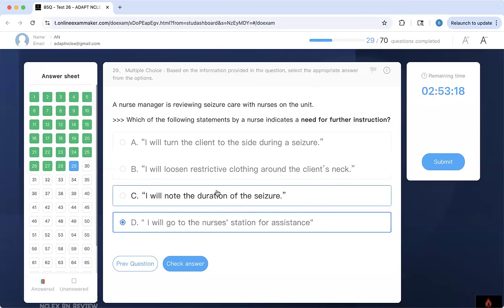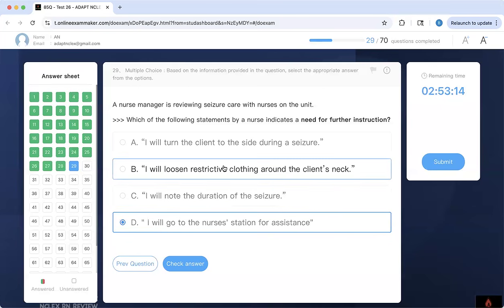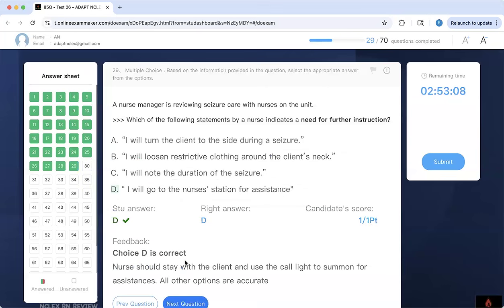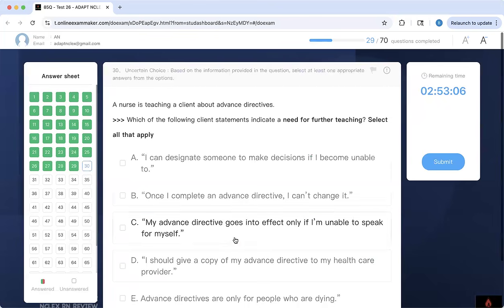You should note the duration so that you can know if they are in status epilepticus. You should loosen any constrictive clothing, and then you should put the kid on the side to prevent aspiration. So that's the right answer. 30. You are about a quarter away. And this is where you get tired. Stay with me. The next 10 questions will test your stamina, and test how much you know in terms of